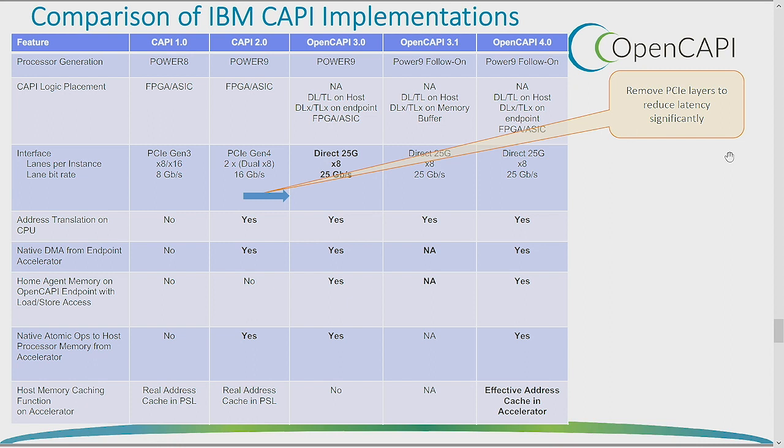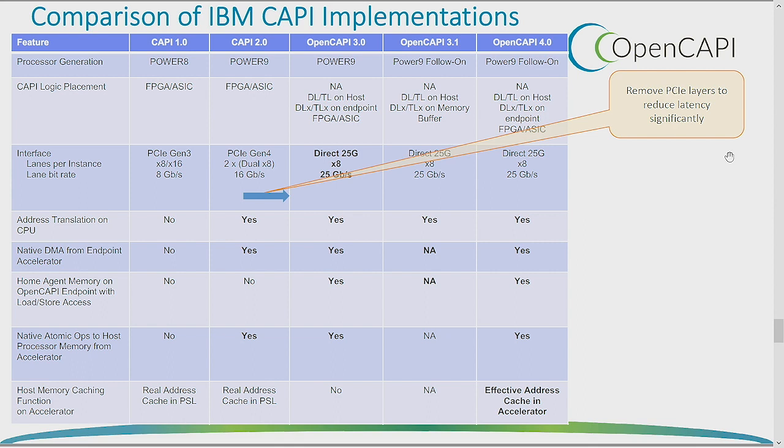OpenCAPI is kind of an interesting name. CAPI was the name we used for our proprietary accelerator attach going back to Power 8, which was tunneling these coherent operations across PCIe. We saw that the latency was kind of painful. We really needed to get better latency. That's why we transitioned to the direct 25 gig signaling. We made it open as well because the particular thing we had with CAPI was a little complex and we needed to move IP from the accelerator to the host.